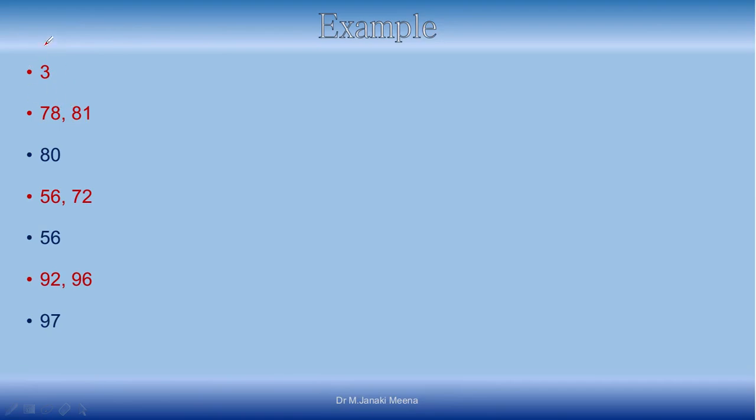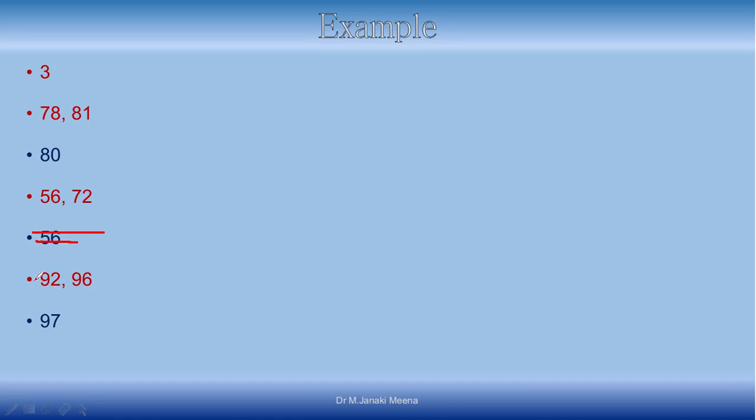So this is just to understand how things are going to be. Here, as an example, 3 students are there in the class, and this is the detail of the first student. He has got 78 marks and his attendance percentage is 81. If his attendance percentage is 81, then 2 marks have to be added, so his total marks will be 80. Similarly, 56 is the marks scored, 72 is the attendance percentage. Actually he is debarred, we should not print anything, but the total marks is not changed. But we should not print this detail.